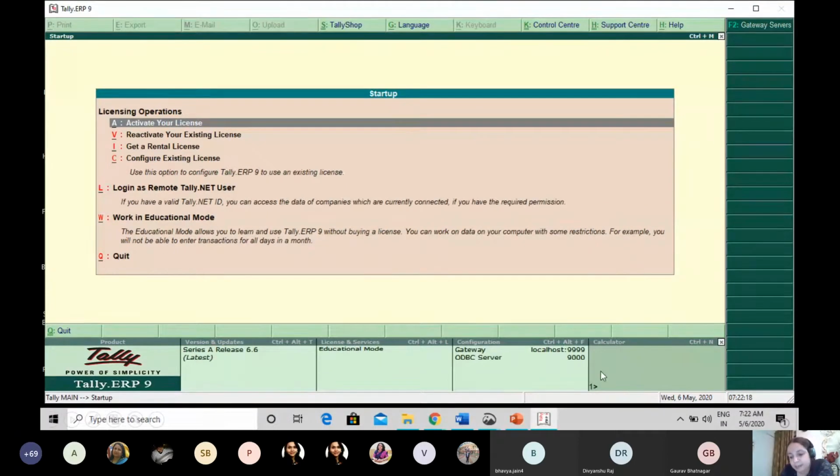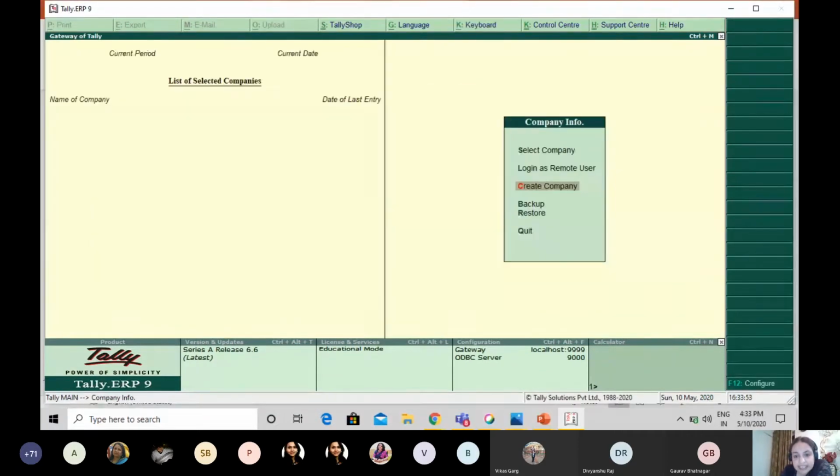For the calculator, the button that you have to press is Control N. So it is very important that you know the shortcuts in Tally. If you know the shortcuts, you'll be able to do everything very fast. Now, whenever you press Alt plus W, that is, wherever you are going to enter education mode, this screen would appear.